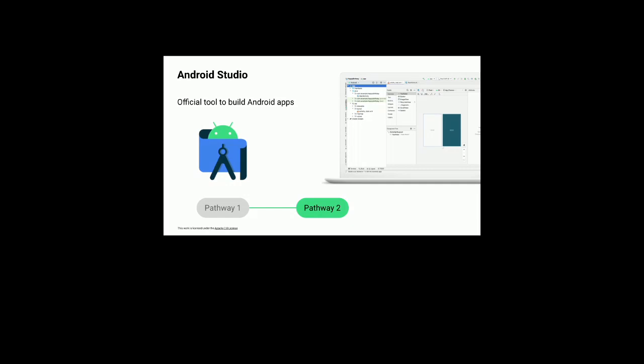Android Studio is the official platform that is required to build Android apps, and it is very heavy software, so you have to download it carefully. We will be providing you the videos from where you can download Android Studio, and we will be writing our Kotlin code to build apps in Android Studio itself.